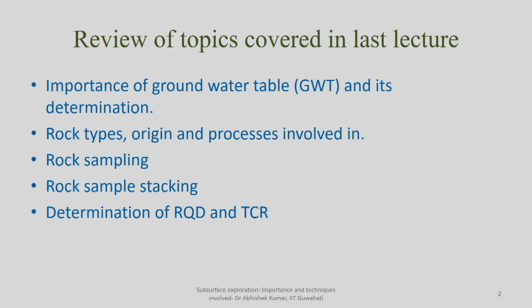Then we discussed rock types, the different rock types: metamorphic, igneous, sedimentary, how each of these rocks forms, what processes are involved, and what the different agencies are, whether gravity, ice, glaciers, water, ocean and all that. And then how you go for rock sampling. What do you mean by rock sampling? Once you collect a rock sample from different depths, maybe you get an intact sample, or you may get a very crushed or broken sample.